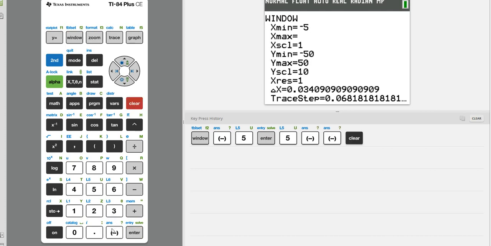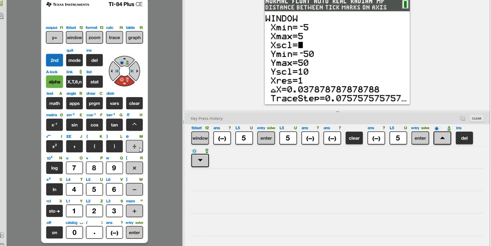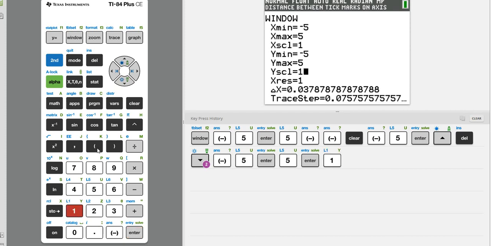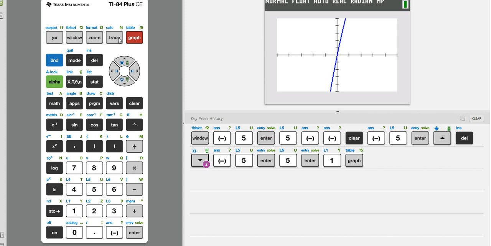Oops, let's try it again, -5. Actually, that should be +5. Let's delete that. And then on the Y-axis, the same thing. So you want to go Y min is -5, Y max is +5. Now, yours probably should say Y scale equal to 1, unless you've changed it at some point in the past. But once you get these settings, hit the graph key, and